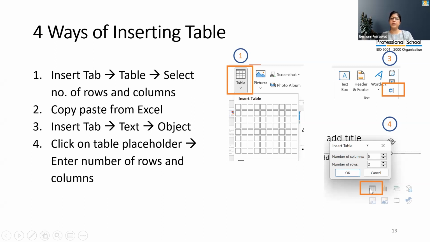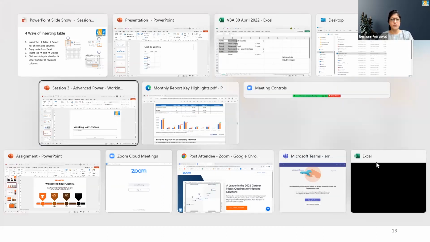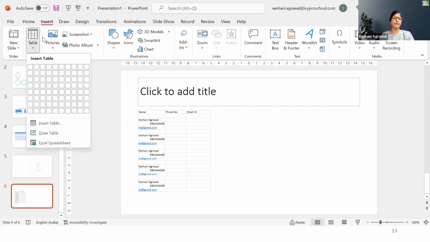There's a table placeholder. Once you click on it, this pop-up comes over here. It will ask you how many rows, how many columns do you want. You enter the number of rows and columns, and your table gets populated. So again, just to quickly illustrate this one also. So if I have something like a